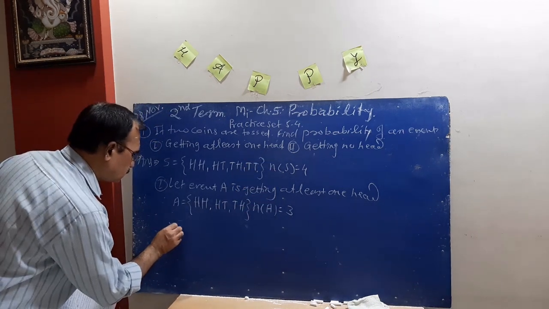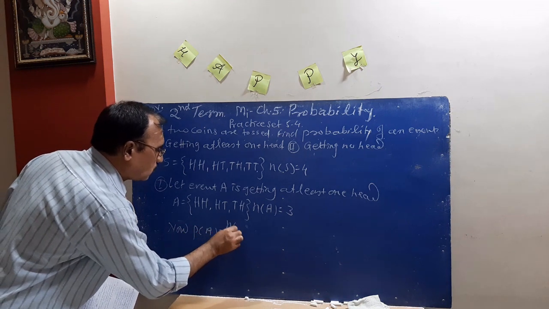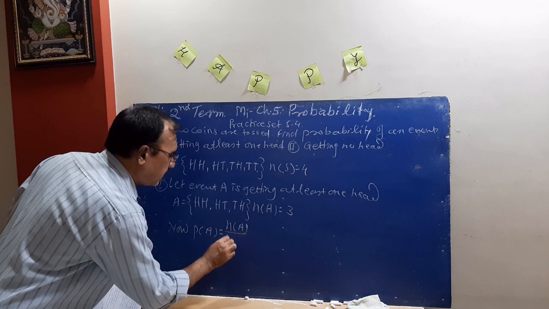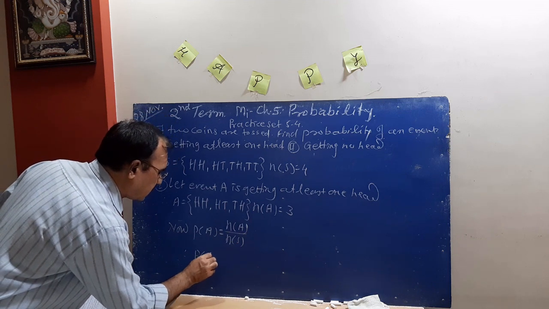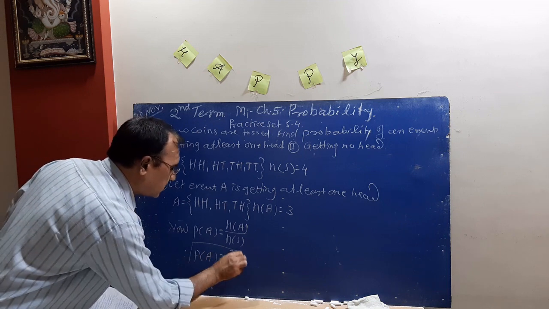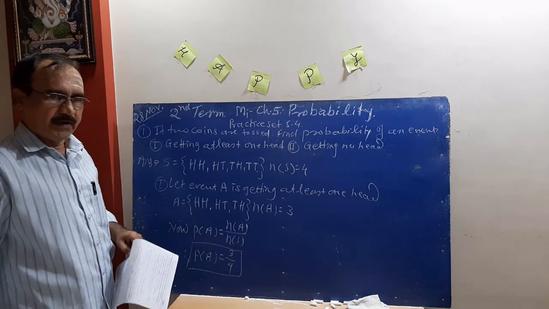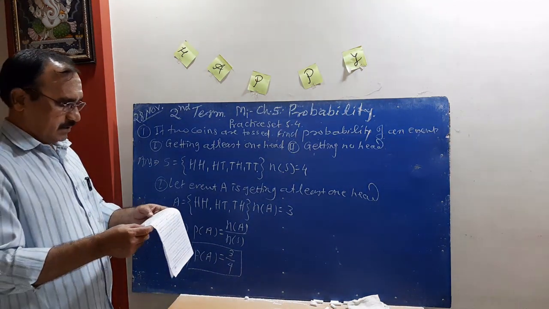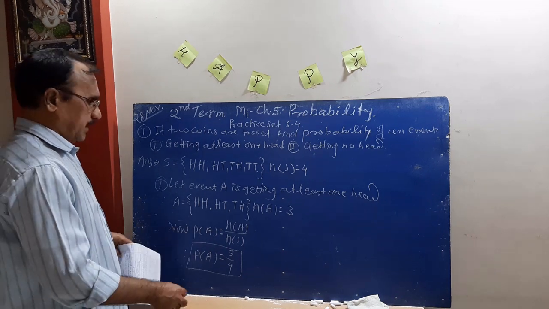And now P of A is equal to N of A divided by N of S, and therefore P of A is equal to 3 upon 4, which is the required probability of the first event. Then the second one, let event B be getting